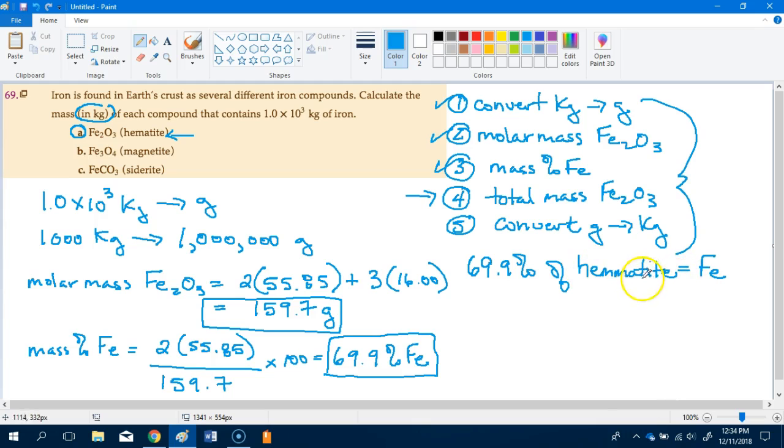Once I write it in English, I'm then going to translate that to math. 69.9% is going to be a decimal when we translate to the math. Of always means multiply. The mass of the hematite is what we're looking for, so we don't know that. And that's going to equal the mass of our iron, which we know to be